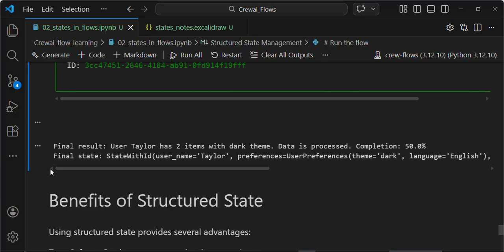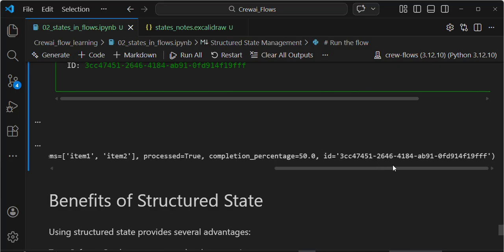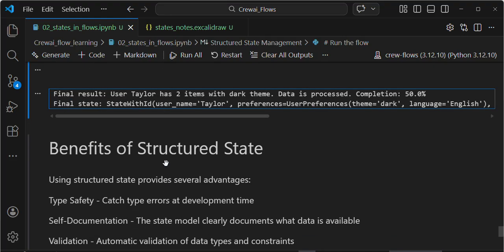If you see here, this is my ID. As I already said, for every state of a particular flow there will be an ID, and with this ID you can monitor, log and track the state. That's it. Benefits of structured state: